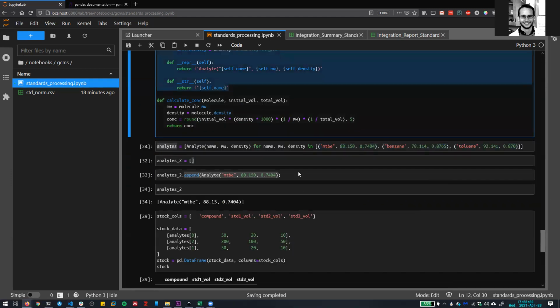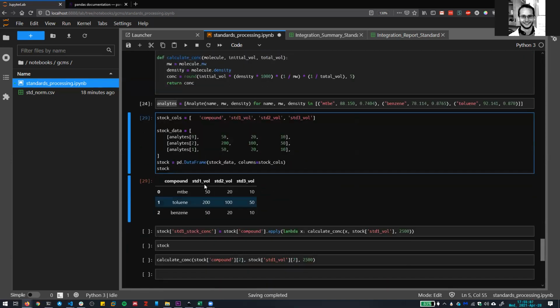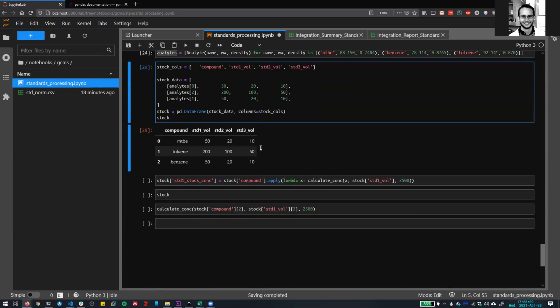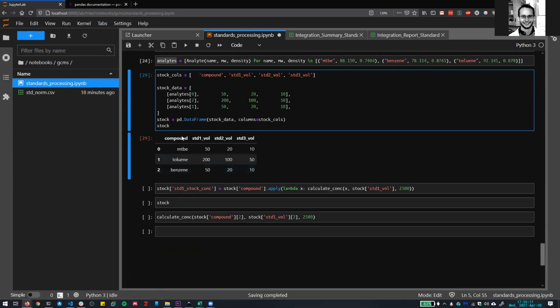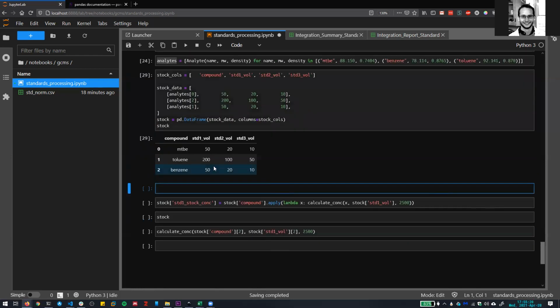And then we can use those to do some more math. So I'm going to cut these out now. So we're at this point here. We have a data frame that has our compound names, and then the volumes for each of those things. Something kind of interesting here is that this is representing just MTBE as a string. But if we look at what that thing is, I'm going to grab that first